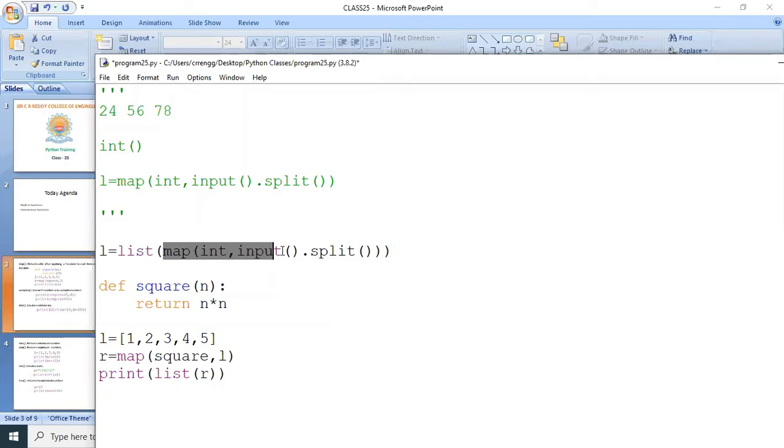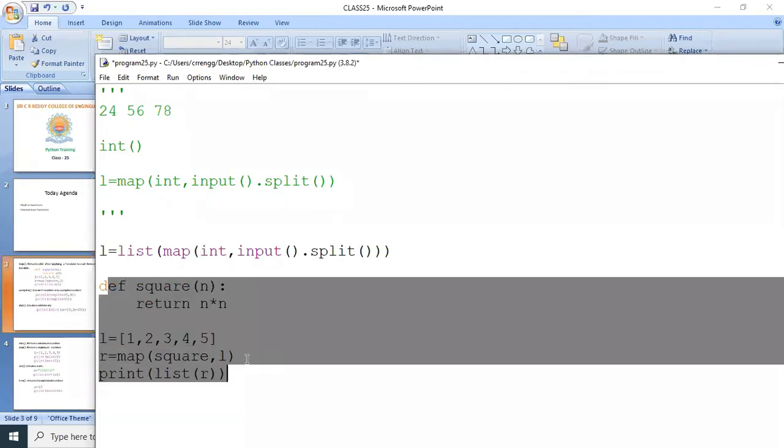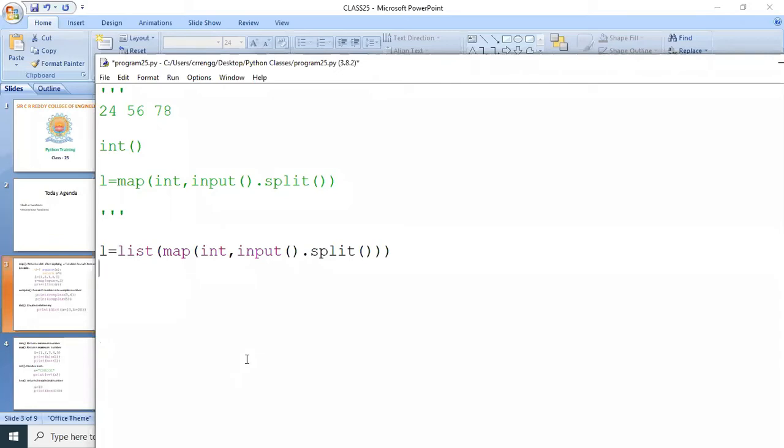You are converting the output of this map function, which returns a map object, and that is assigned to L. What is input dot split? These are the data elements you are reading from the keyboard. Now on each data item you apply the function int. First it takes 24 and applies the integer function. Now 24 is changed to an integer and stored in this L.